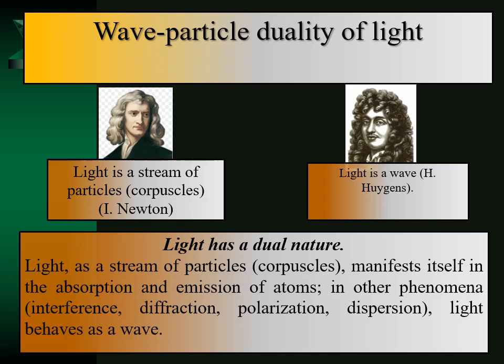To simplify, we will understand light in various phenomena mainly in the form of a stream of particles. For example, during absorption, during interaction with a number of substances, during radiation, that is, when light is emitted by atoms, and in a number of other phenomena. In interference, diffraction, and polarization in particular, which we study today, light is mainly considered as a wave.